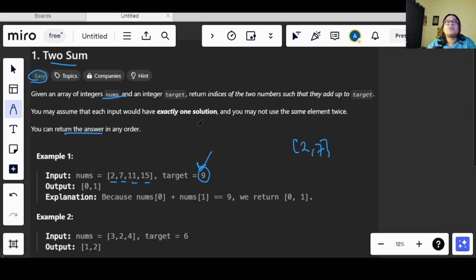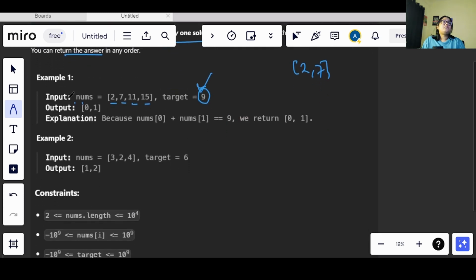Now in my question I have been given that there will only be one solution. So once I have found the values that sum up to the required target, I can return the value directly from there, right? So not the value but the indexes, okay. So we need to keep that in mind. As soon as I find the values that sum up to the target, we will be returning that as the answer, okay.